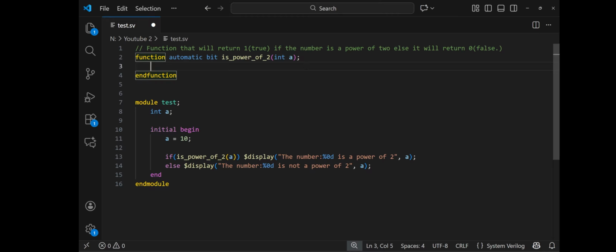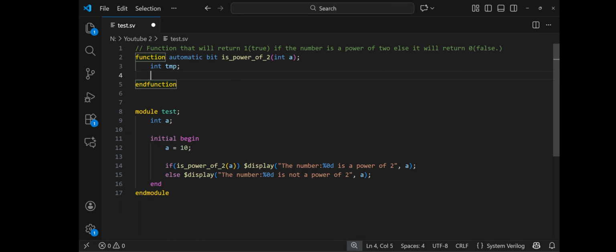So first, let's declare our temporary variable. Let's call it temp, and we will then perform certain checks. So first, I am using the general software approach, in which we will continuously divide the given number in the given value, and we will put a couple of, or maybe three, if else conditions,